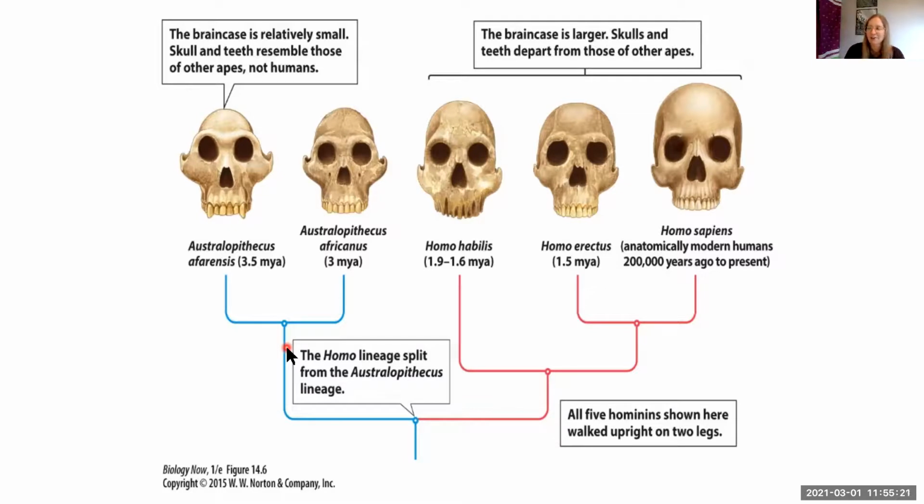Go ahead and look at those skulls from left to right and see what changes. To me, the most distinctive things are those teeth. So our teeth get a lot smaller. Australopithecus has these nice, pretty intense ape-like teeth. And then the size of the cranium. The cranium is the part of your skull where your brain sits. So this is your cranium up here. Smaller cranium, and then getting larger, larger, larger, and then we've got this massive cranium. It's pretty cool.